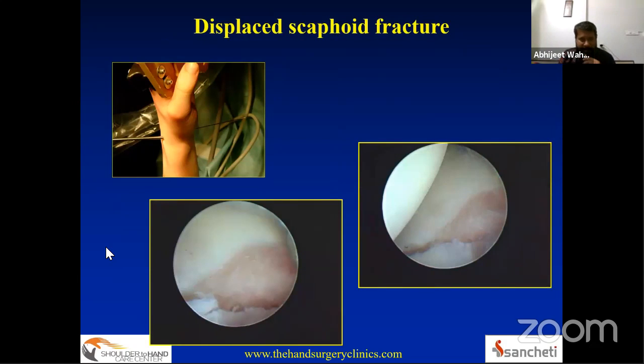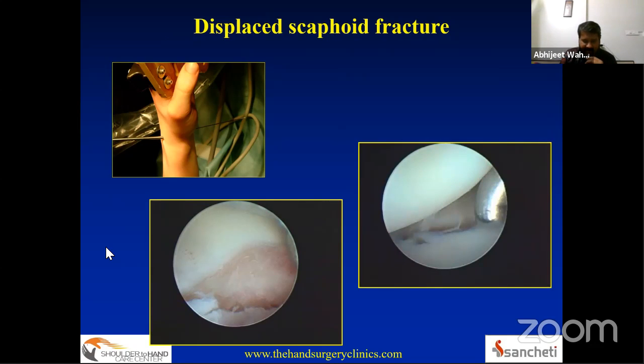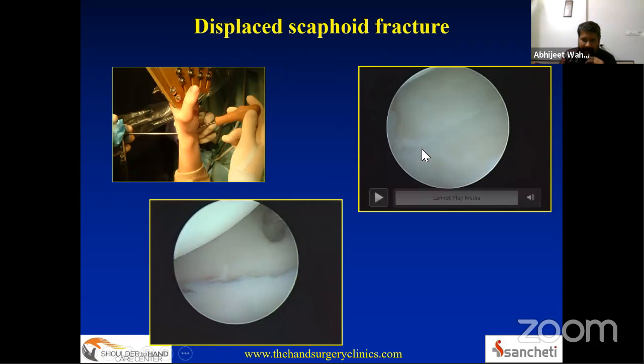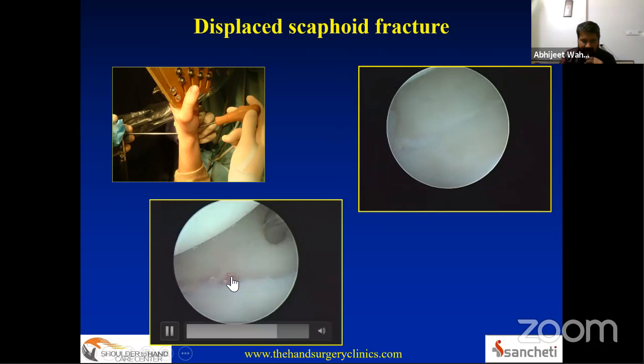Other indications are scaphoid fractures. You can accomplish reduction using arthroscopy and then fixing the fracture and then assessing the fixation and the reduction arthroscopically and doing this in a minimally invasive manner. The idea is that you're preserving the soft tissue envelope around the scaphoid, and that kind of enhances healing rates and healing potential. So you can see after we remove the tourniquet, there is bleeding from the fracture ends and